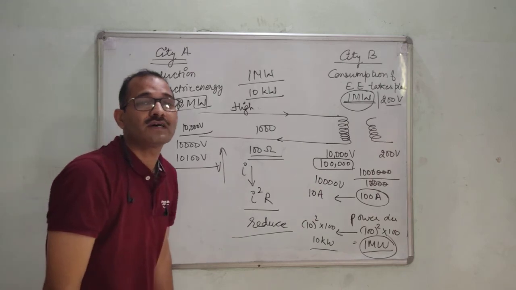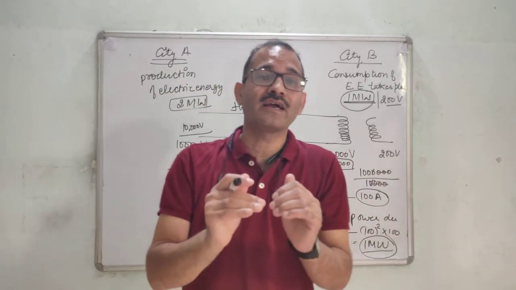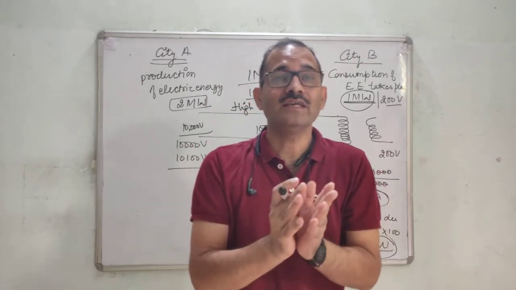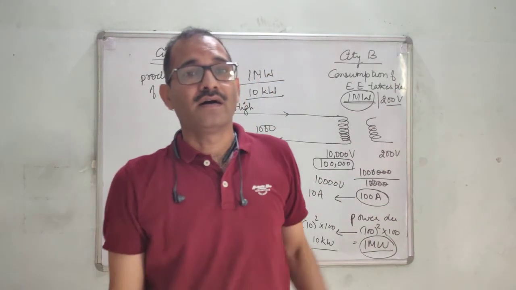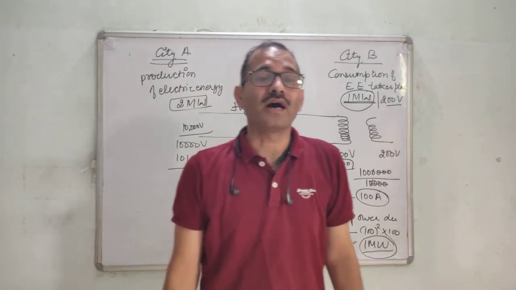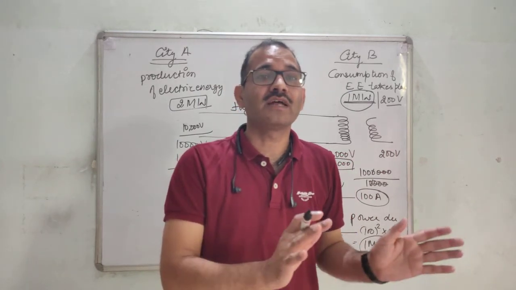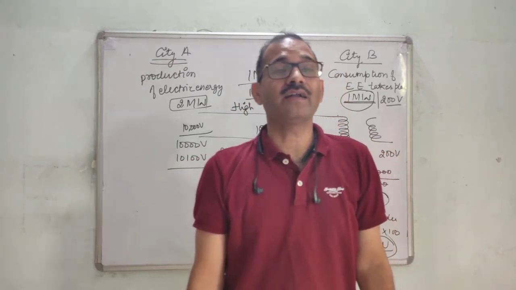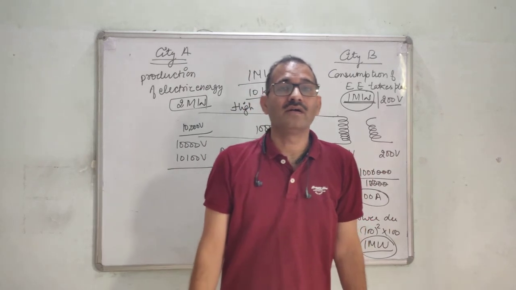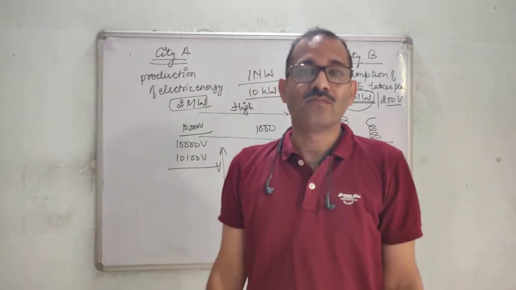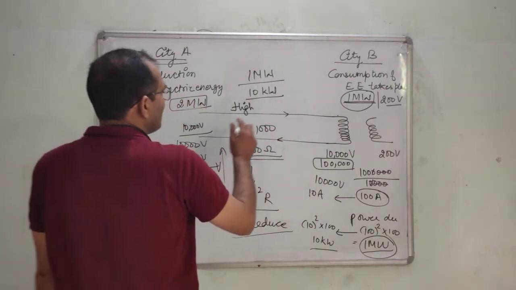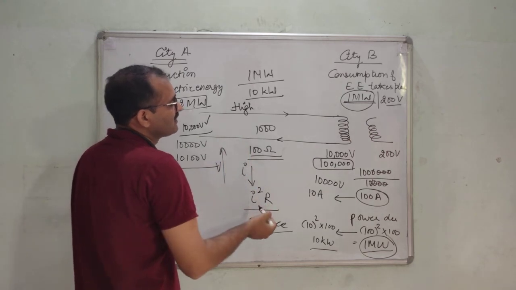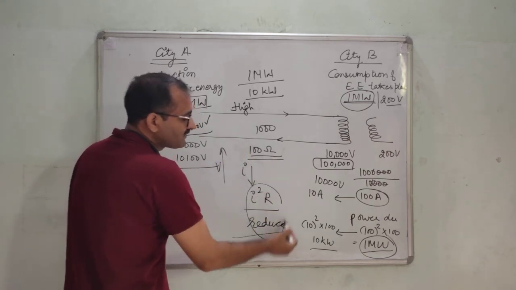That is why transformers are required to transform the electrical energy at low voltage to electrical energy at high voltages. You see in your nearby area there are tower-like structures in which there are 3 wires. Those wires are carrying current at a voltage of more than lakhs of volts. Why? If you are increasing the voltage, the current will reduce. And if the current is reducing, the power losses will reduce.